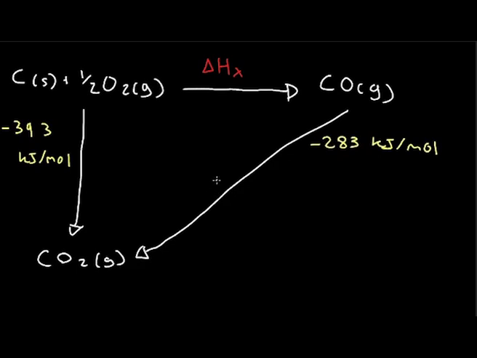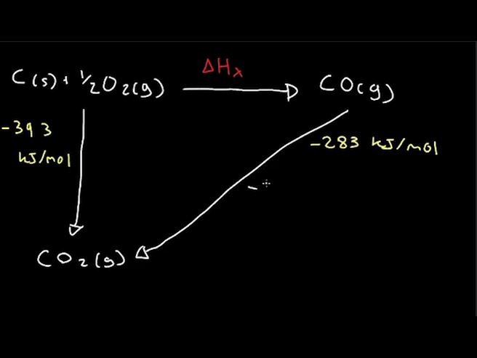So, in this problem, we will use the model we just saw to determine the delta H for this reaction from carbon to carbon monoxide. We are given the delta H from carbon to carbon dioxide, which is negative 393 kilojoules per mole. And we're given the delta H from carbon monoxide to carbon dioxide, which is negative 283 kilojoules per mole. We can write this reaction as the following,